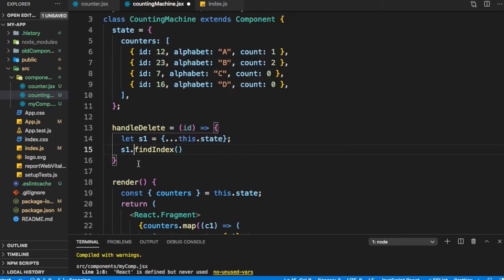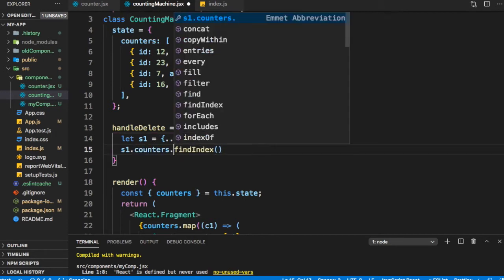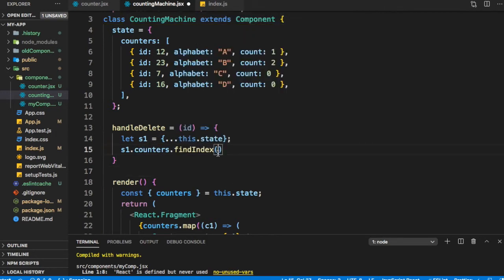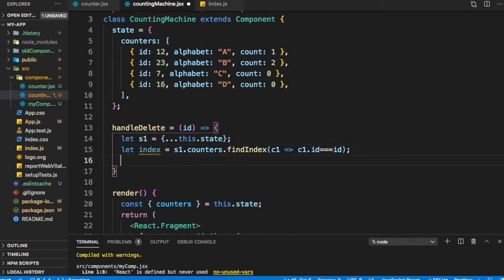It should be s1.counters.findIndex, counter c1 such that c1.id is equal to id. So we have found this counter with this index. So let's call it index,